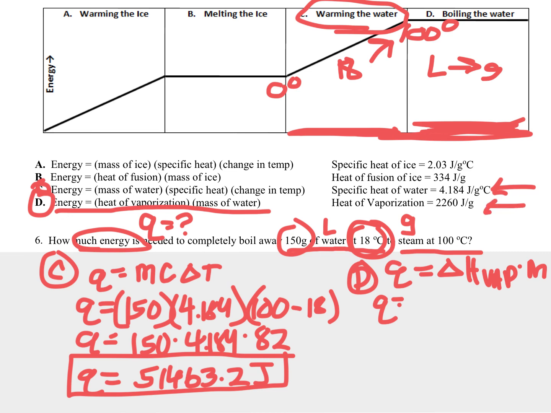Our heat of vaporization is already given to us, so that's super convenient. 2260 joules per gram times the mass. The mass of our water is going to still be 150. So I'm going to multiply those two together. 2,260 times 150 ends up getting me about